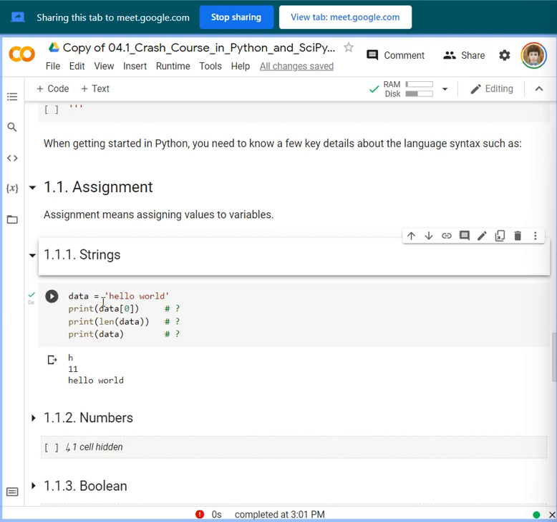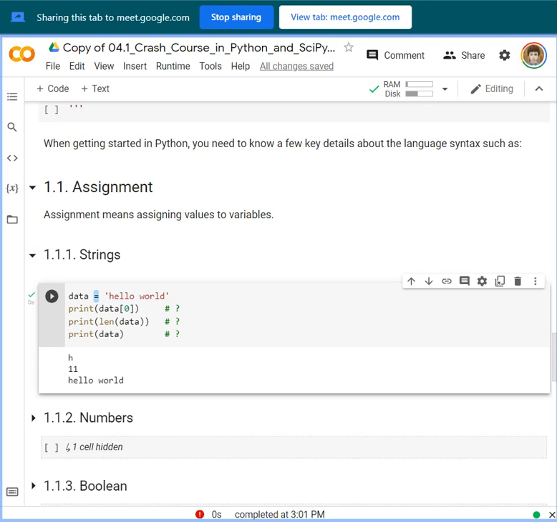For example, we have here hello world. We use the equal sign to assign a value. Okay, so first is the string. How do we assign it? We are using here a single quote.